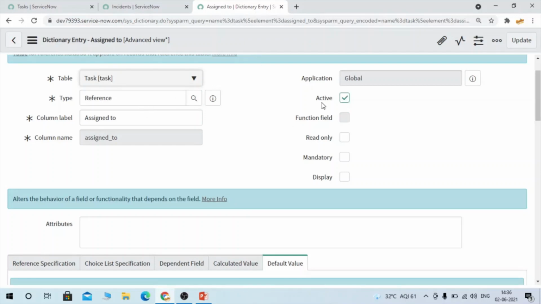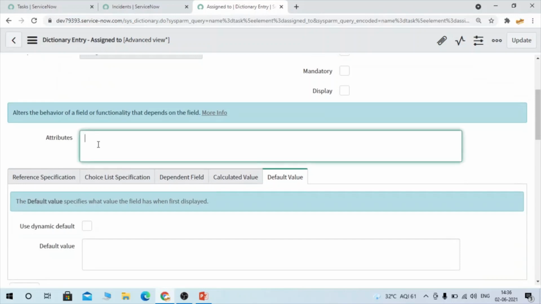If you look here, we can make this field read only, we can make this field mandatory, or set its display. Whatever property you can change or functionality you can set on the dictionary entry, you can override for the child table by using dictionary override.